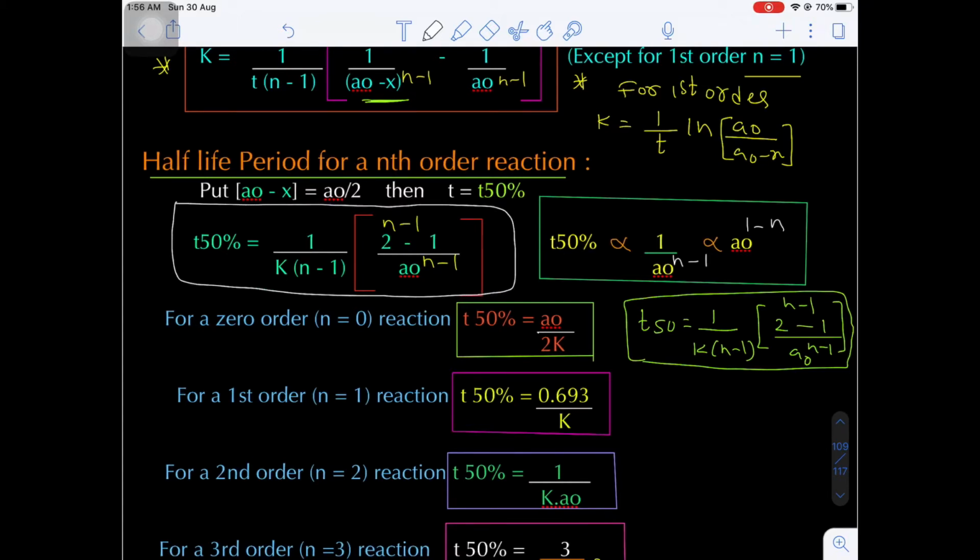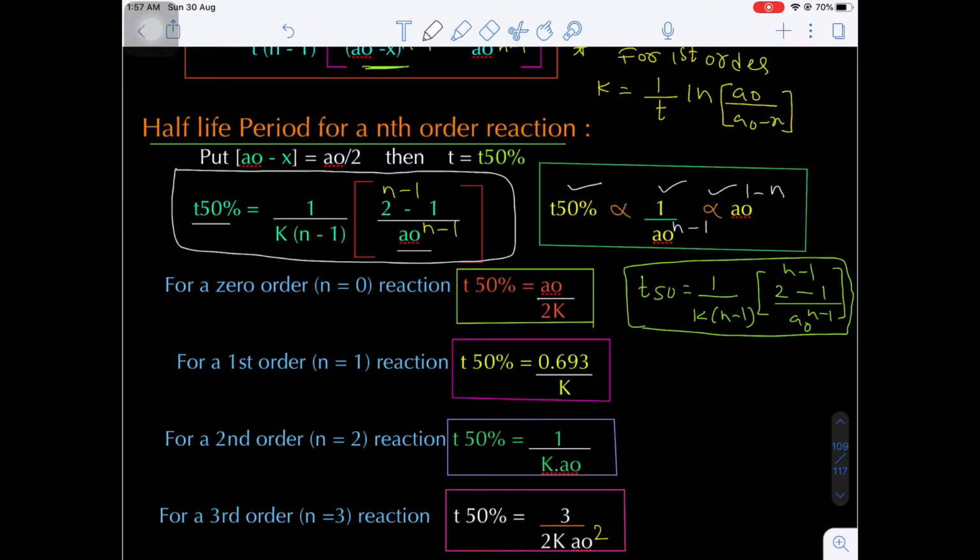Now here, if you carefully observe this relation between T50 and initial concentration A0, T50 will be in the numerator and initial concentration of reactant to the power n minus 1 will be in the denominator, and the rest, k into n minus 1 and 2 to the power n minus 1 minus 1, are also constant. So shall I directly write T50 is inversely proportional to a to the power n minus 1, or directly proportional to a to the power 1 minus n? If you take the initial concentration as a, then a to the power n minus 1; otherwise, a0 to the power n minus 1. Are you getting my point?